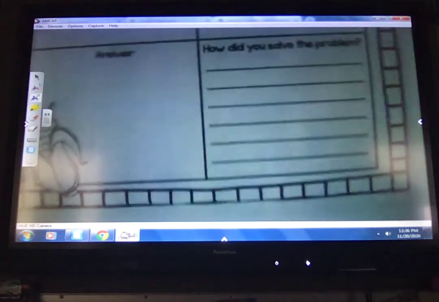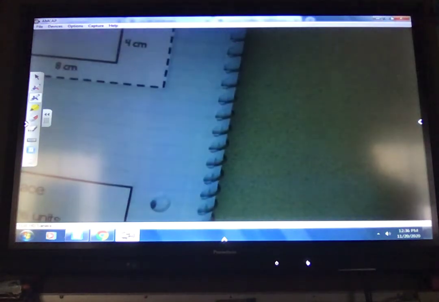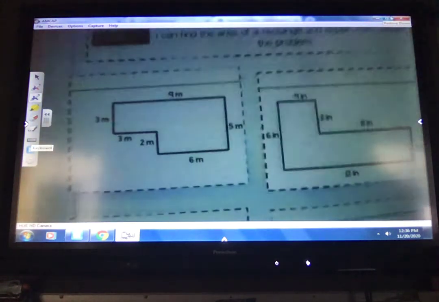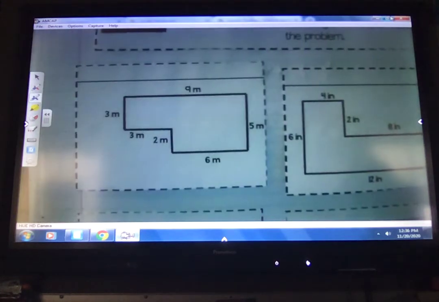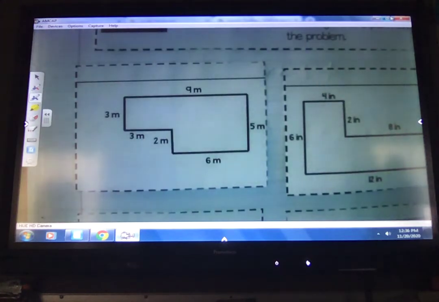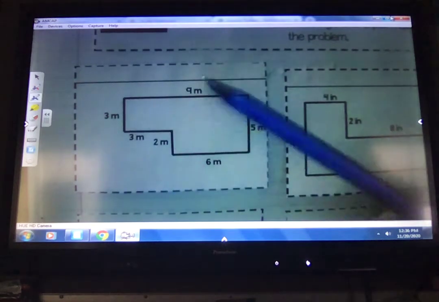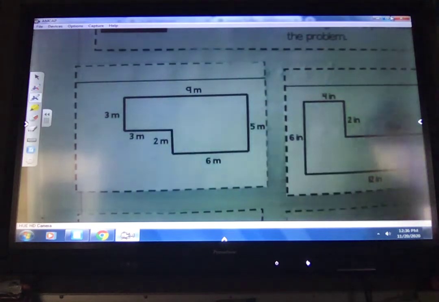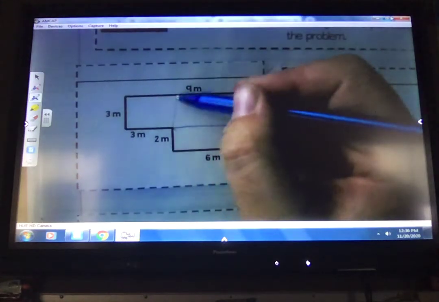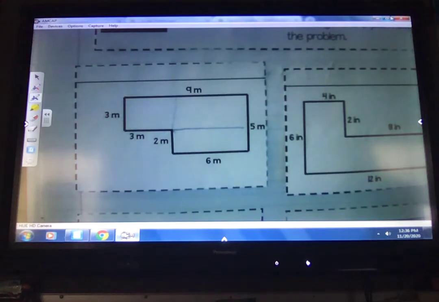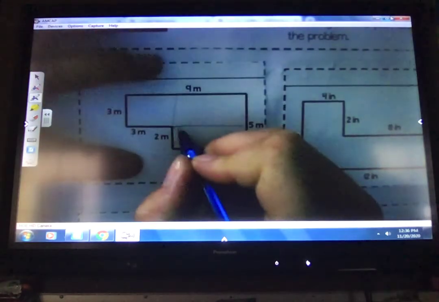All right, next page. This time you don't have these perfect little rectangles or squares. You've got what we call an irregular shaped object. We're still doing length times width. The difference is we're going to have to split or cut these into rectangles or squares. So there's two ways I can divide this shape to make rectangles. I could go across here, or I could go up here. Two ways. I'm going to choose to go across this way